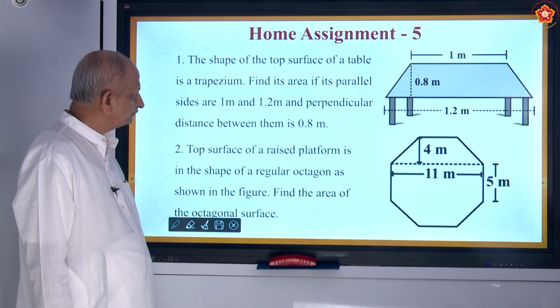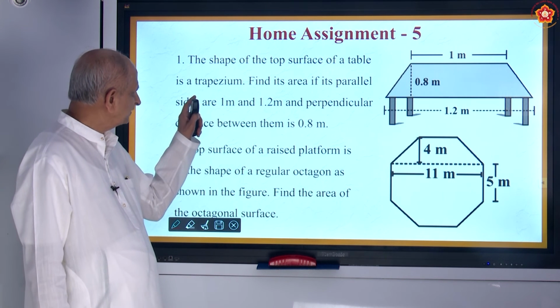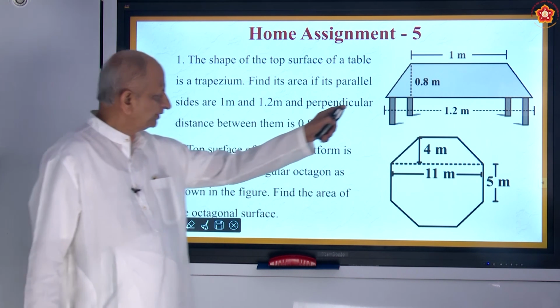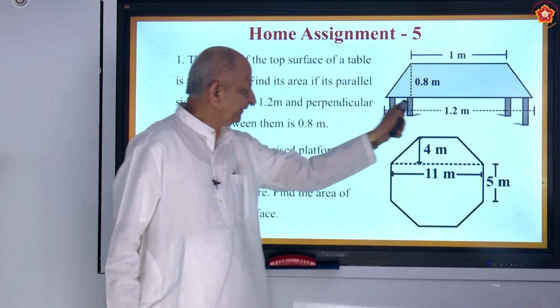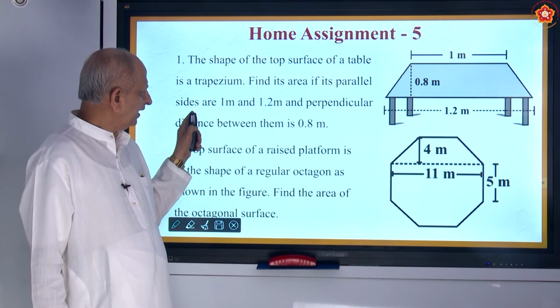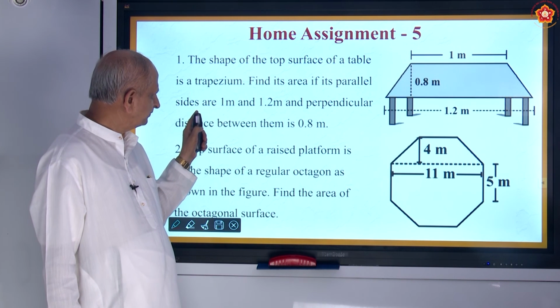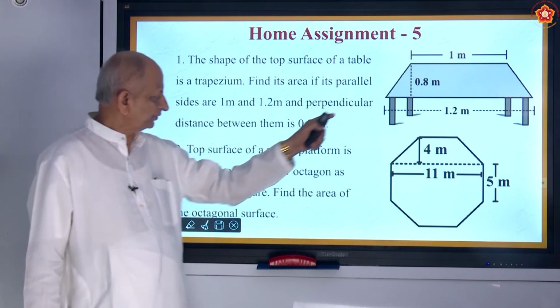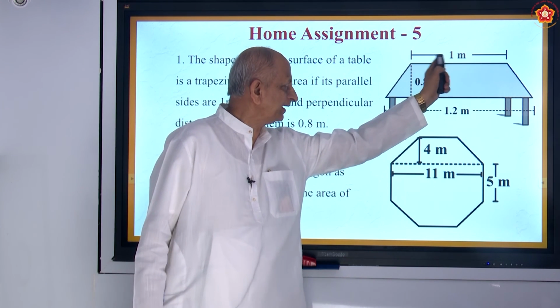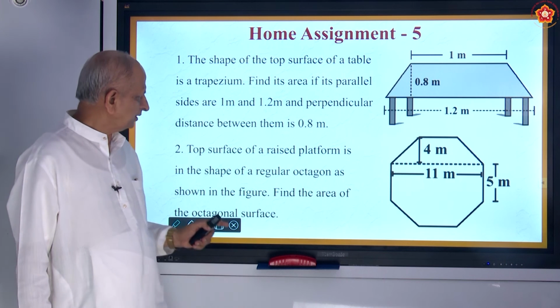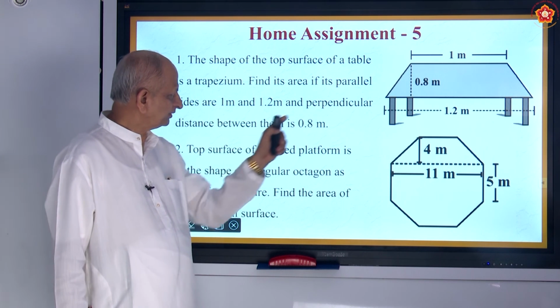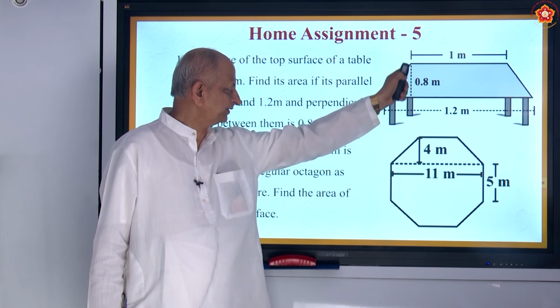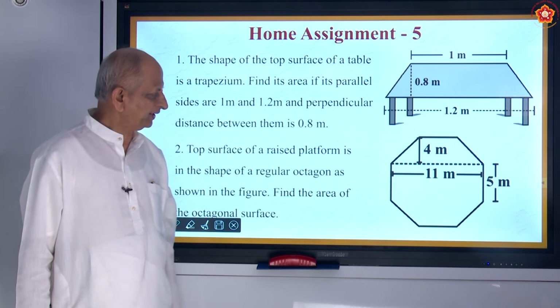First question. The shape of the top surface of a table is a trapezium. See, this is a table. It's a trapezium. And find its area. Its parallel sides are 1 meter and 1.2 meters. So this length is 1.2 and that length is 1 meter, and distance between them is 0.8 meters, perpendicular distance. You have to find the area of the table